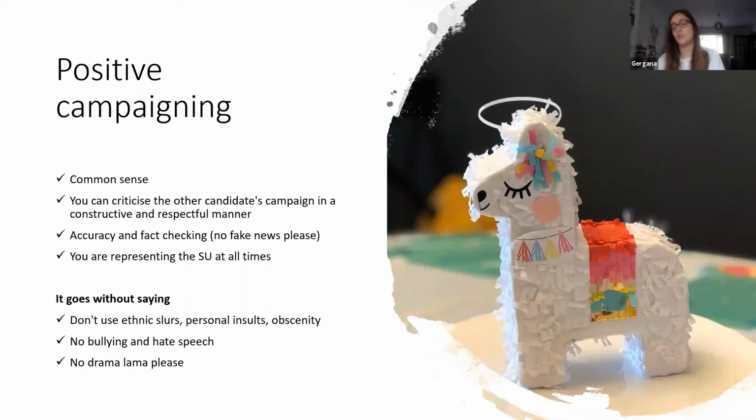You're representing the issue at the University of Suffolk. So how do you want to be seen as a role model and as a representative of our institution? And if you're running for a sabbatical role or for any other role, what is the image that you want this institution to have? So you don't want fake news, you don't want people who are disrespectful and who are bullying others and are sharing hate speech.